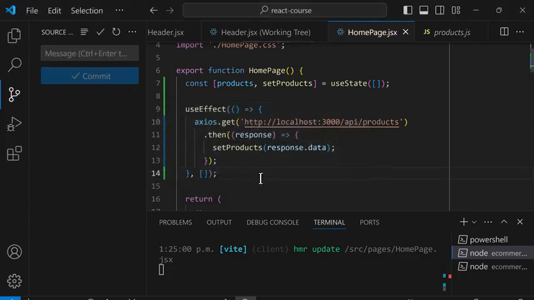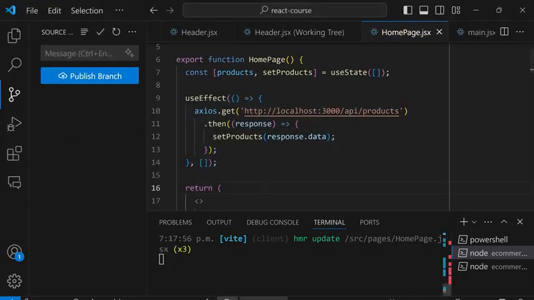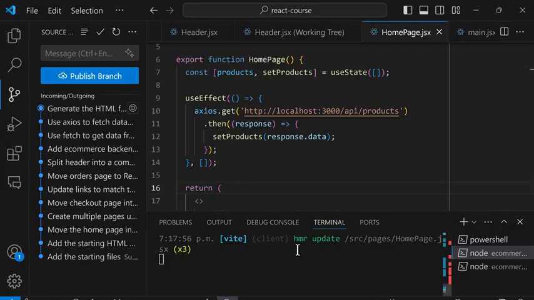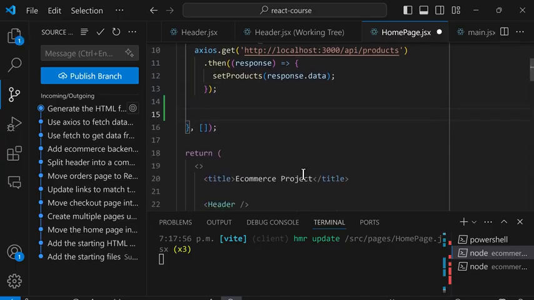Next, if we look at the website, in the homepage, we also need to get the cart from the backend because we need to display this quantity number up here. To do that, we'll go back to our code and we're going to make another request to the backend to get the cart. So below this request, we're going to use Axios again. Axios.get brackets a string, and we'll give it the URL